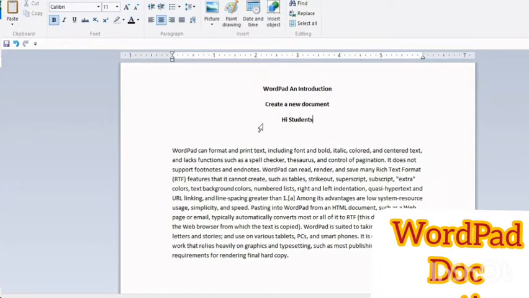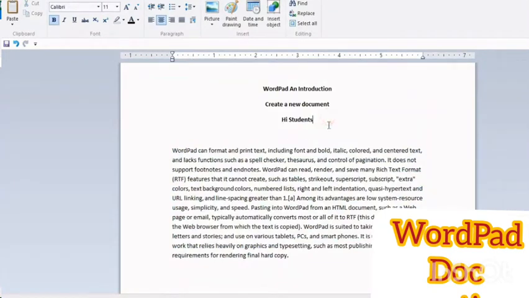You might have noticed a cursor blinking on the screen. You can move to the area where you want to write the text. Let us write a paragraph. While writing, remember to use the following keys.